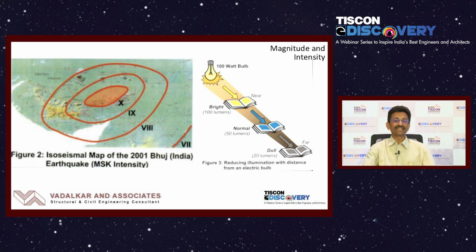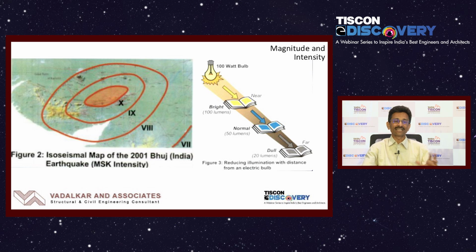And wherever you feel it, the place of interest may be far away from this location. So how you feel about the earthquake is defined in terms of the intensity of the earthquake. These are the basic terminologies used here. If you look at this sketch on the left-hand side, you have the isoseismal maps of the Bhuj earthquake. The earthquake occurs somewhere here, and if you move away from the epicenter, the intensity is reduced. It is denoted by some numbers, of course. That is called a scale.